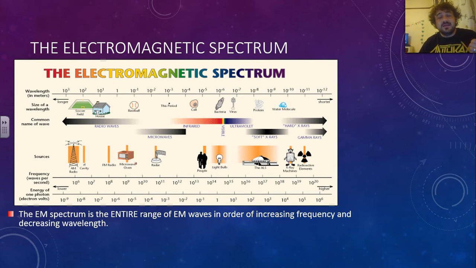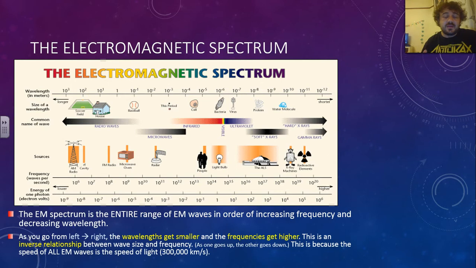It basically goes in order of increasing frequency, so the frequency gets higher as we go this way, or decreasing wavelength, so the wavelength gets shorter as we move left to right. Now, as wavelength gets smaller, frequency gets higher, and this means there's an inverse relationship. You'll notice down here, as the frequency increases, so does the energy. So as the wavelength gets higher, the energy gets smaller, and as the wavelength gets smaller, the energy of that